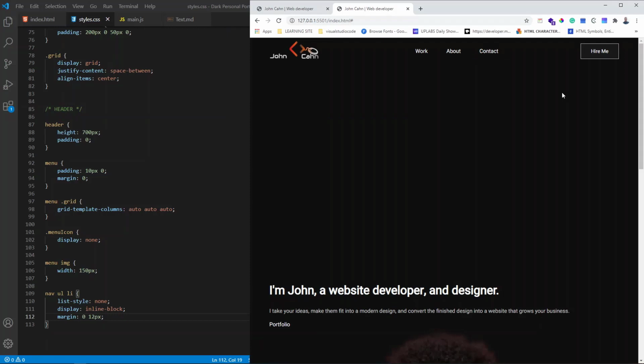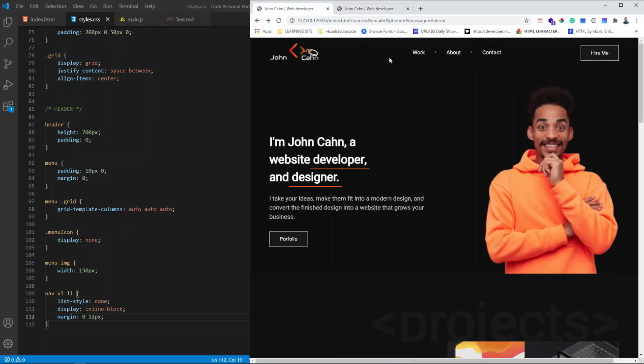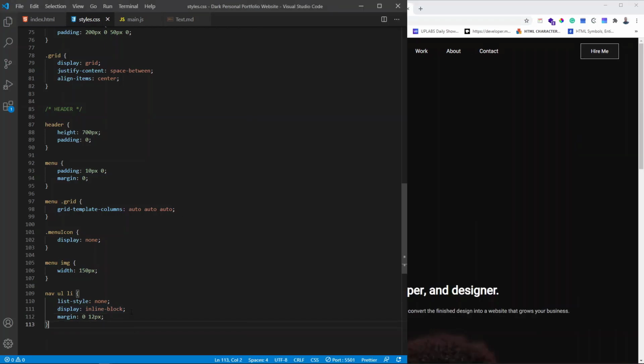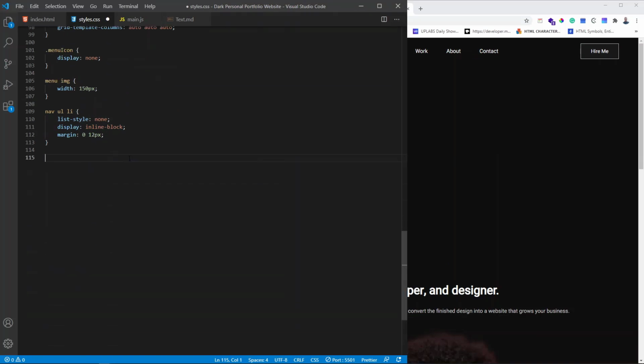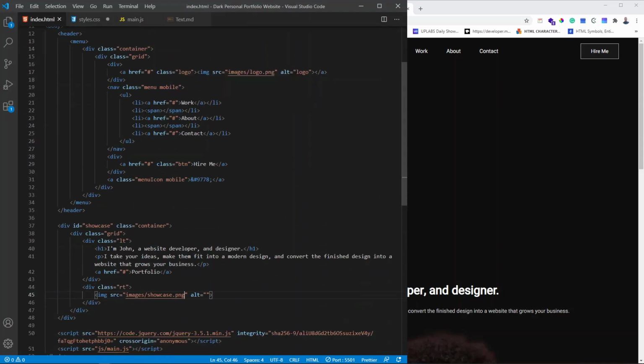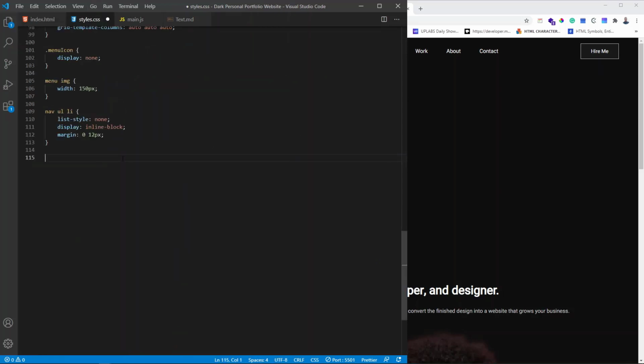And now we are done with the menu that quick, but I want to include the bullet points right here, the ones the finished website has right here. So I'll just go underneath the li, and we give that the tag of span right here. You see, we have two of them with the tag of span. So nav li